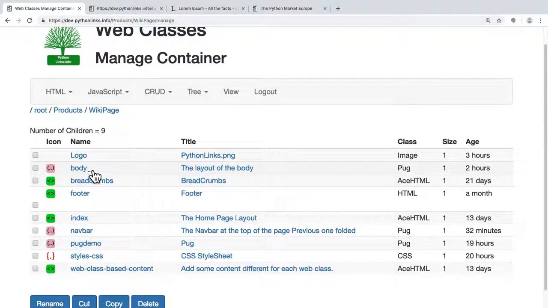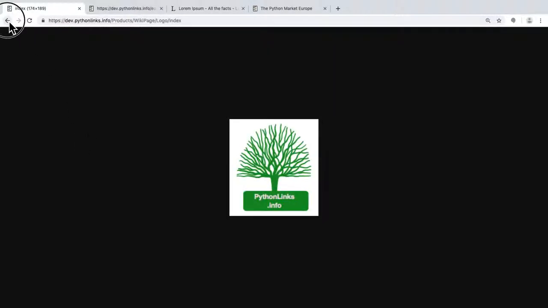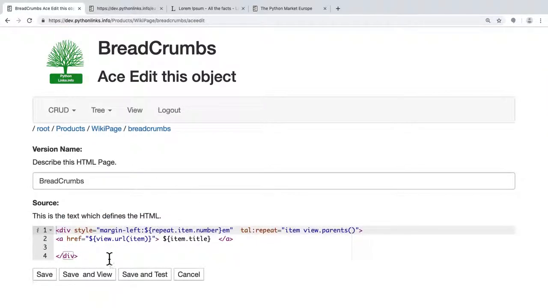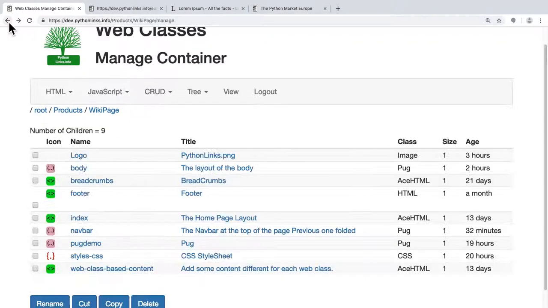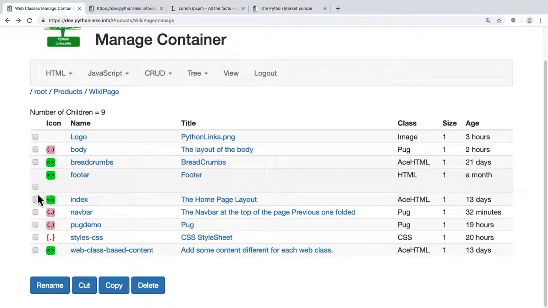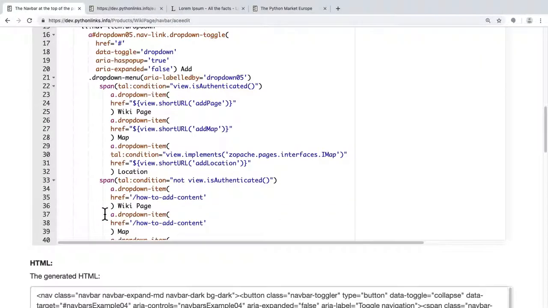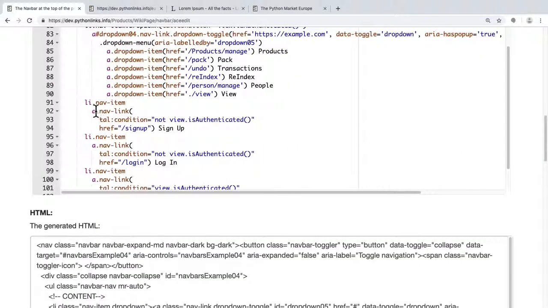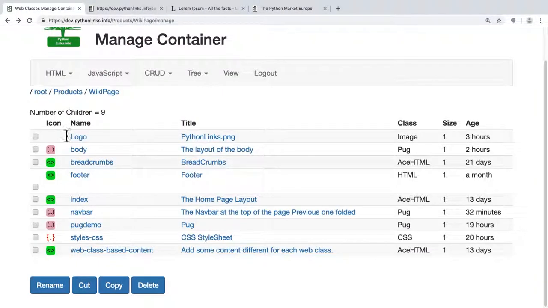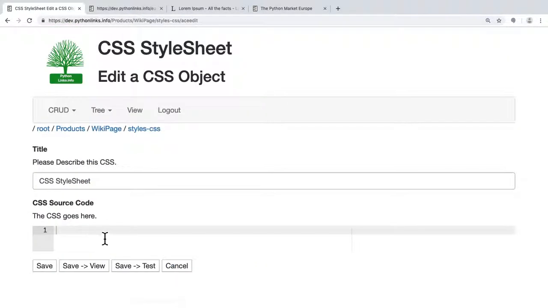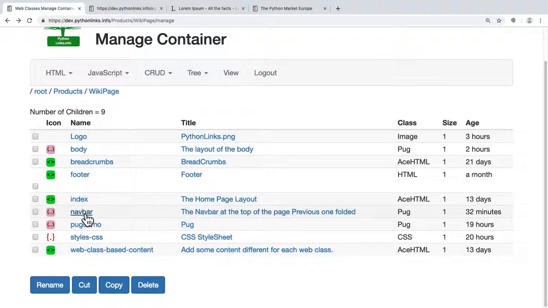And then we have a logo. You've seen the image already. Body, breadcrumbs. I think we've seen an example of that already. Index, navbar. Navbar, another one of these very complicated things. It's just so easy to do in Pug. We don't really need the Pug demo. Styles, and I could edit some styles here and then change the color of the home page, but no point doing that. And then